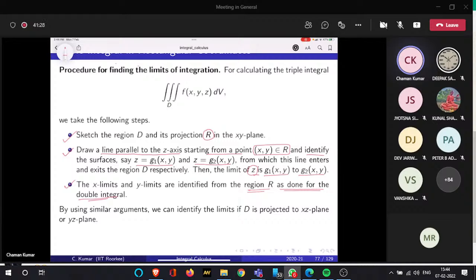Now, because the double integral is being used here, whatever techniques you have done in the double integral, you have seen change of variable, you have seen change of integration, you have seen polar coordinates, you have seen rectangular coordinates, all those techniques can be used here. Okay? So you just have one additional integral, which is the integral with respect to the Z variable, and one additional step, how to identify the limit of Z. And the limit of Z, I repeat it again,